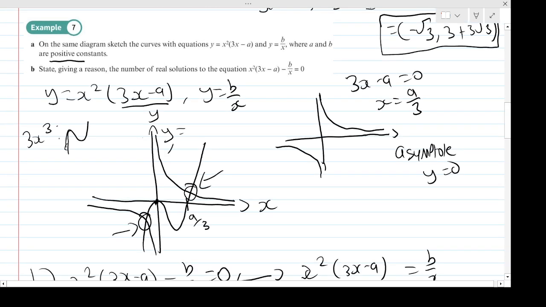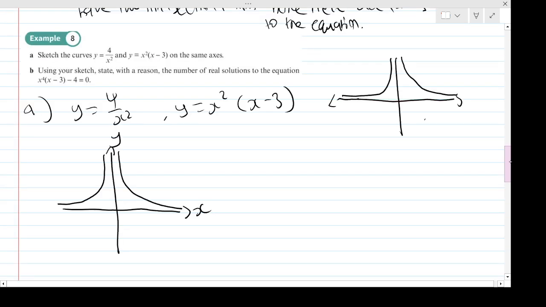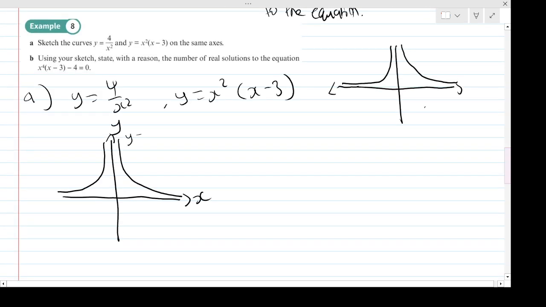So on the graph, I should have labelled that the reciprocal one was b over x, and the cubic one was y is x squared of 3x minus a. There we are. And I'm going to do the same here. So this reciprocal one will be y is 4 over x squared. Then we need to sketch again this graph, and then hopefully you recognise it's a cubic because